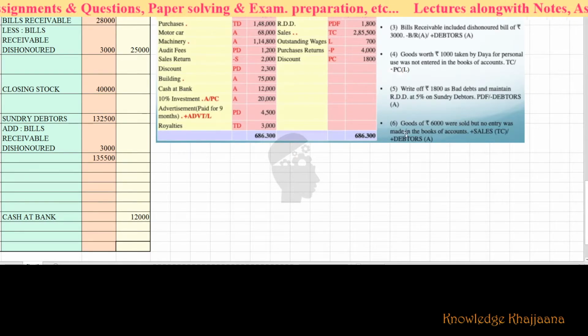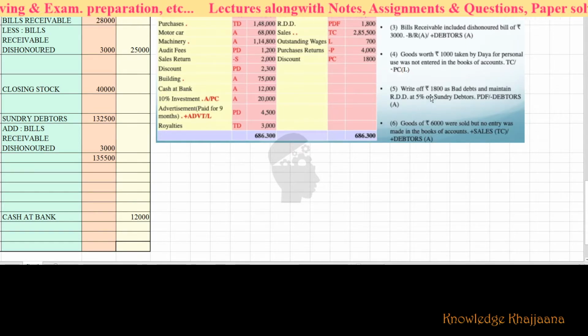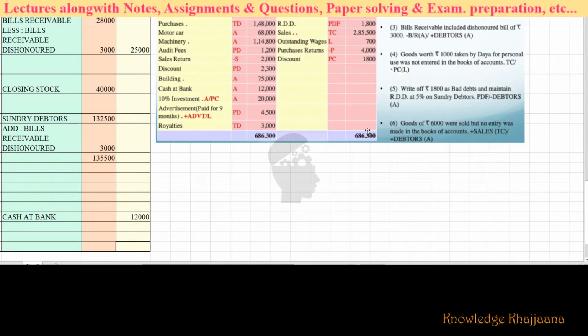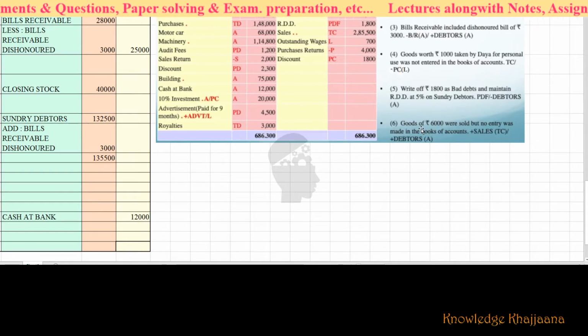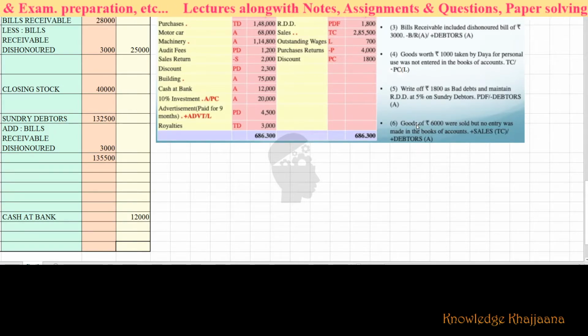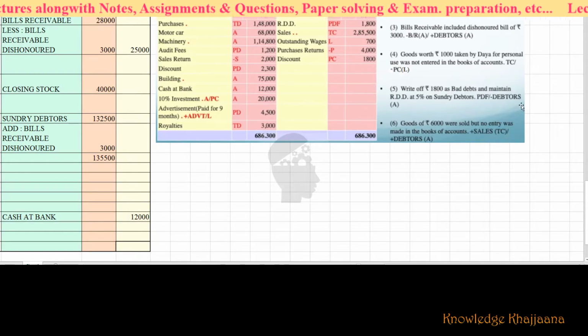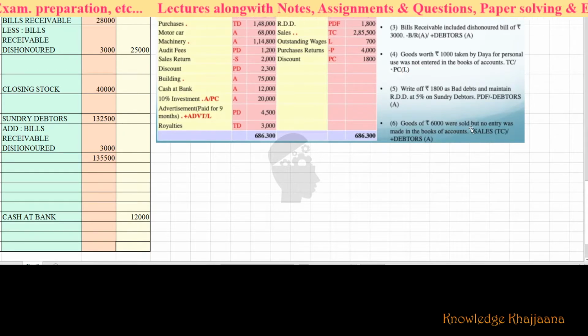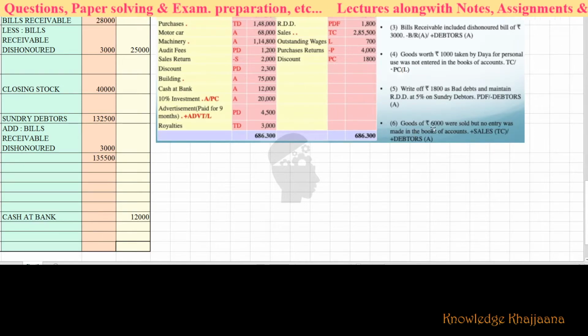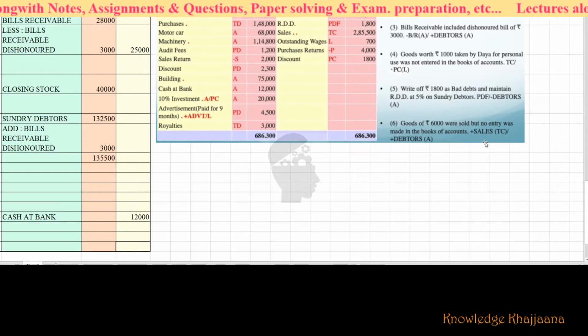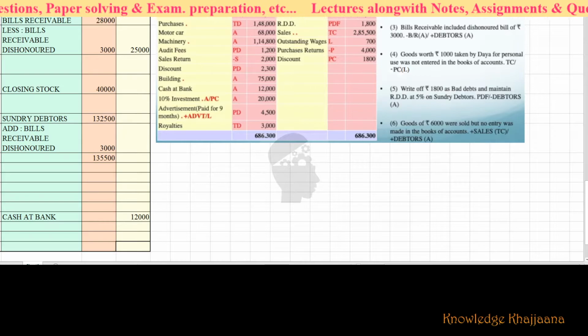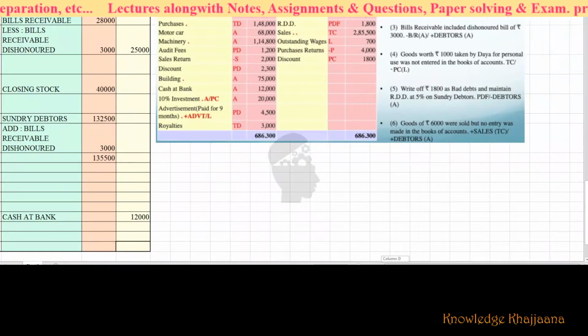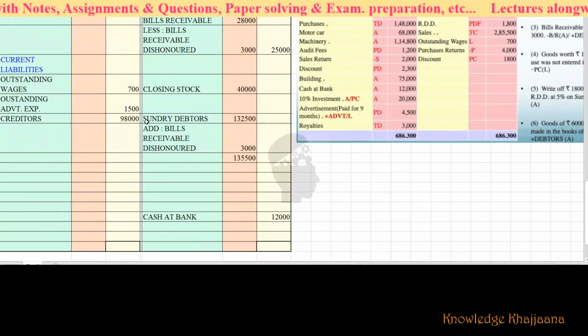See, though this adjustment is given at the end, we have to remember that there is another adjustment, right? What is the adjustment? We remember that we have not yet solved this. We have not yet finished. Okay. Goods of rupees 6,000 were sold, but no entry was made in the books of accounts. Okay, so goods of rupees 6,000 were sold. So we have to write it in the sales because the actual real amount of sales must be shown. So we have to record the unrecorded sales.